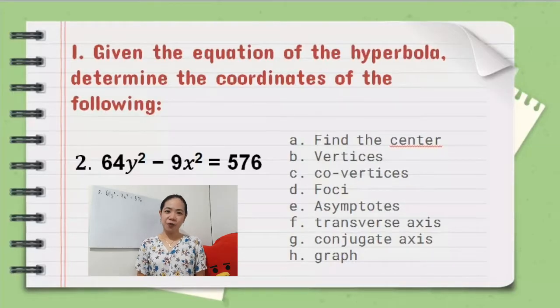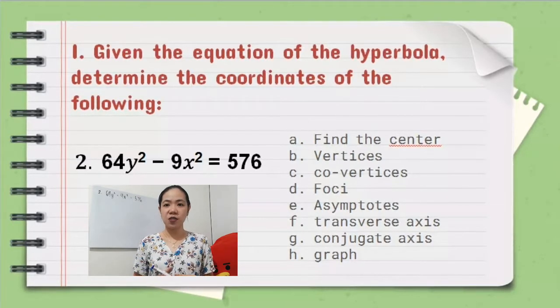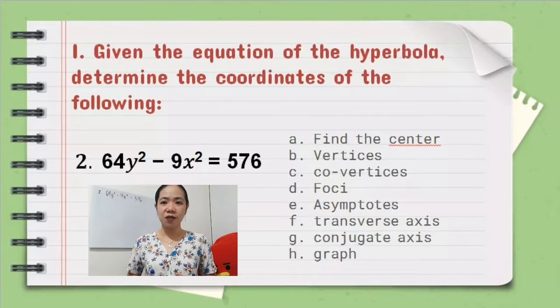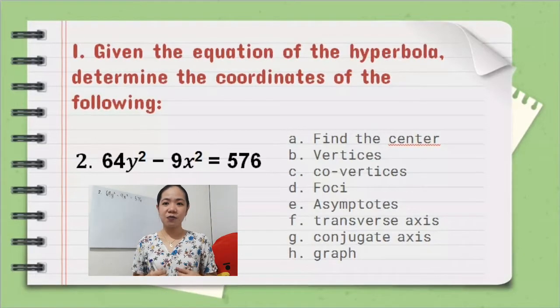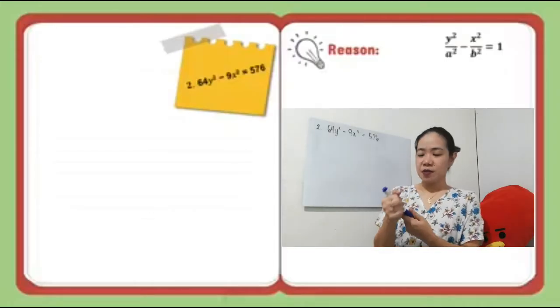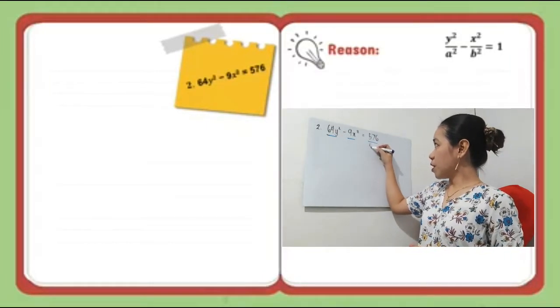Let's proceed with example number 2. We have the given equation 64y squared minus 9x squared equals 576. Again, we need to find the center, the vertices, the co-vertices, the foci, the asymptotes, the conjugate axis, the transverse axis, and the graph. Let's start. We begin by dividing all these terms by